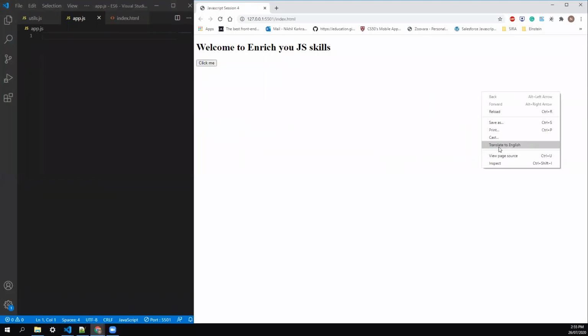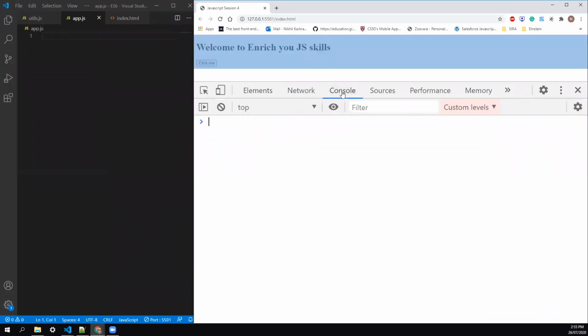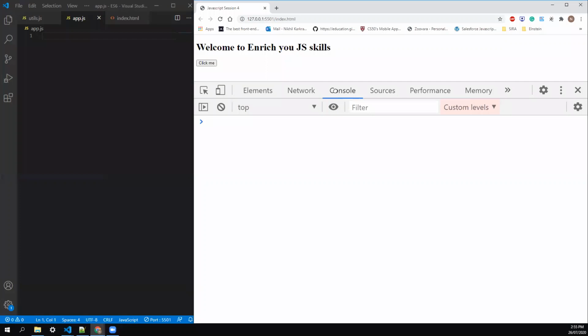To open that, we usually do the right click and click inspect. The third tab is a console. Order can be anything, you can change the order, that doesn't matter. So console is very helpful when you want to give some meaningful information to the user and while debugging as well. So first method that is the most commonly used one is log method.